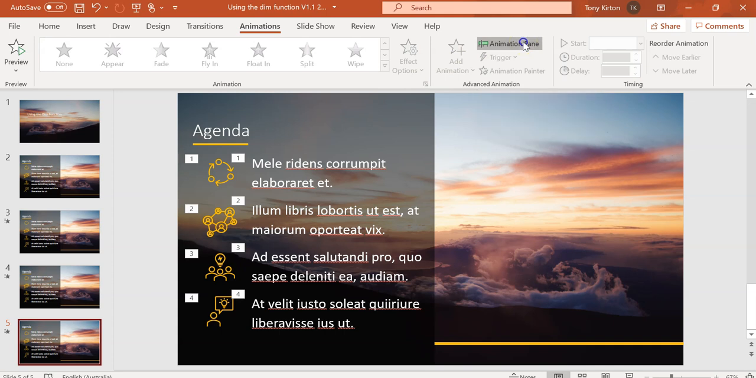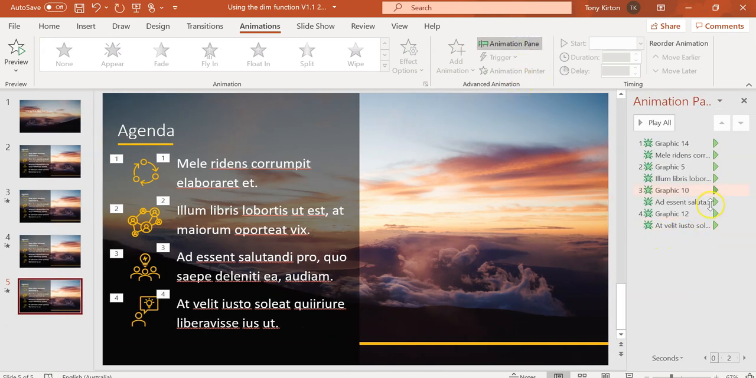So assuming you've got your animations in place, the next step is to click on the animation pane tab, and up comes our working window, where all of the boxes that are animated are listed. Now I want to dim only these top three, because after I leave the fourth point, I'm going to want to move to the next slide. So I don't want to dim that one at all. I'm just going to work with the top three,